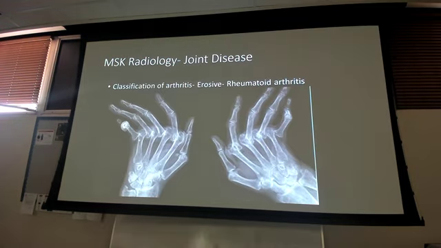Alright? And then it starts to look like this. You end up with ulnar deviation of these metacarpal phalangeal joints. You will diagnose this before you even get the x-ray, because they come in and it is like this. They can't open jars, they can't pick things up and carry it because they just have lost that functionality of this rheumatoid